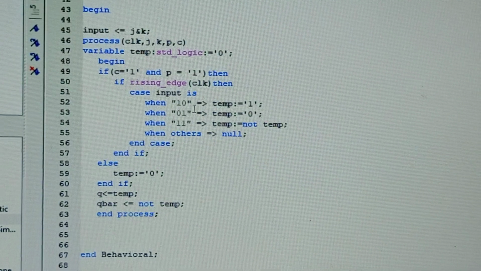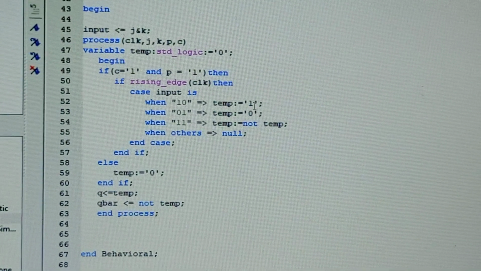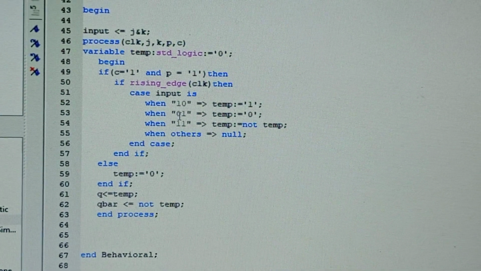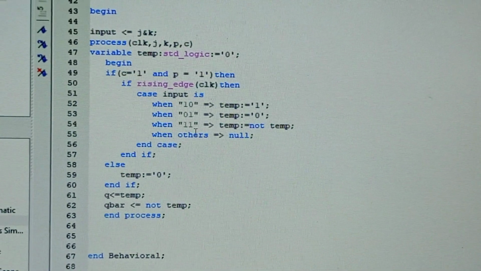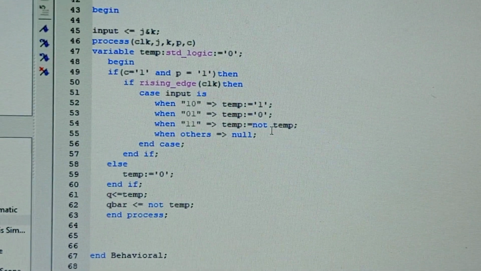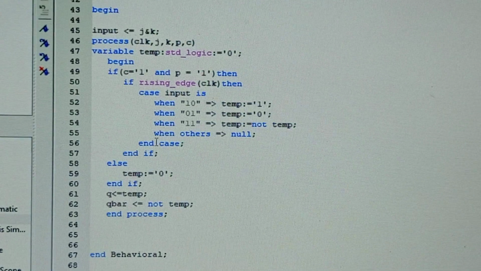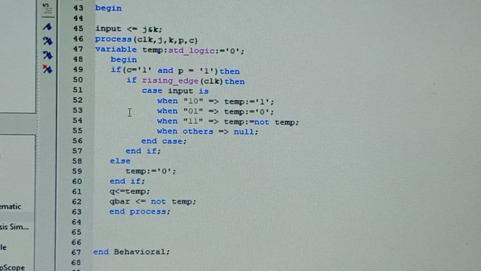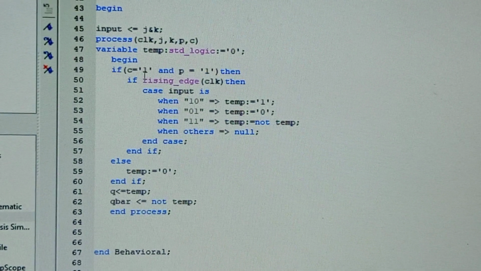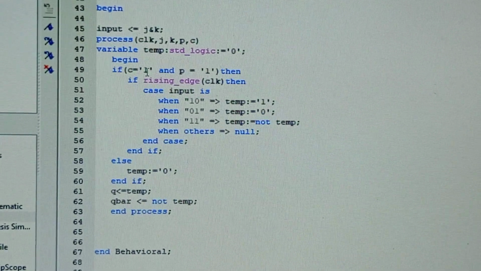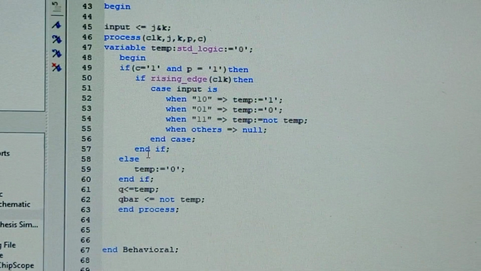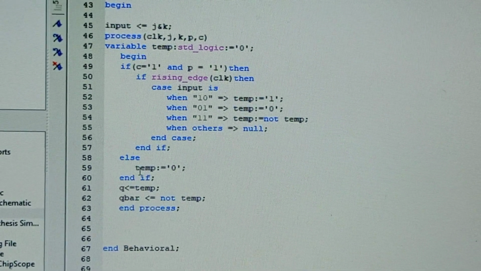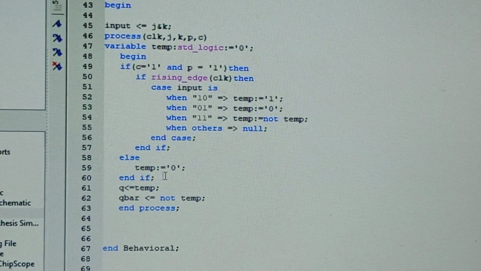Okay, when it is 1 0, then the temporary is set to 1. When it is 0 1, it is set to 0. And when it is 1 1, it is inverse of temp. End case for this if, and end if. For the else part, for this preset and clear, if suppose they are 0 1, 1 0 or 0 0, then always temp should be 0.